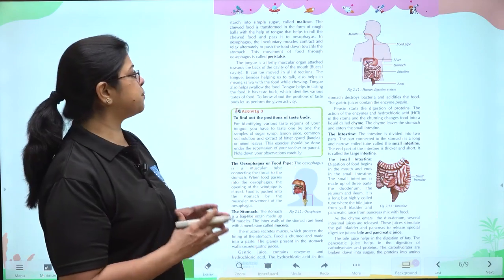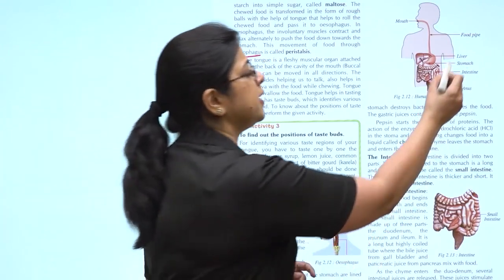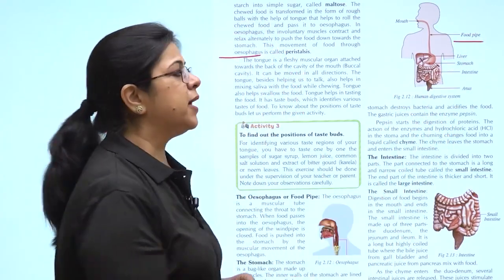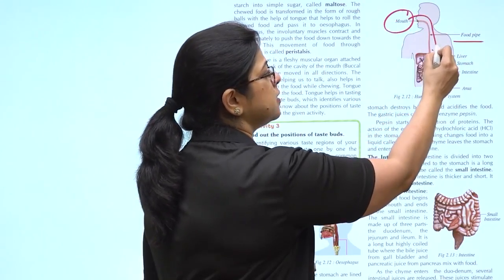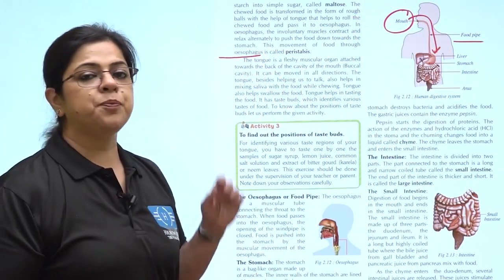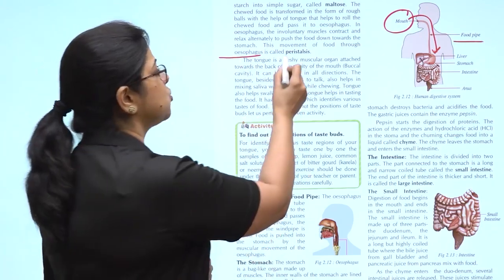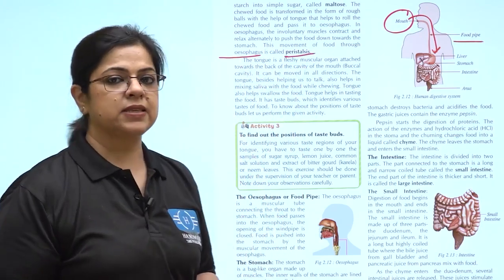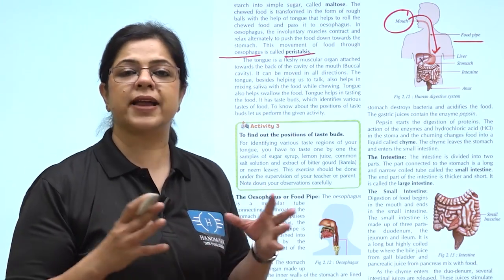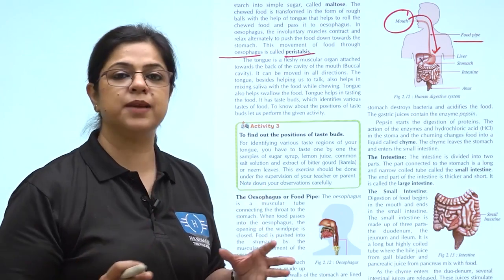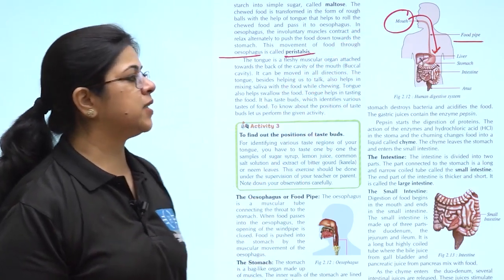Now this paste moves down the esophagus. As we can see, the esophagus or the food pipe is a long tube that connects the mouth to the stomach. The process by which the food goes down the esophagus is known as peristalsis. This peristalsis movement contains the contraction and expansion movement which enables the food to go down smoothly. Now, once the food has reached the stomach,